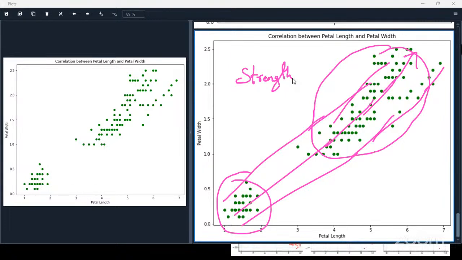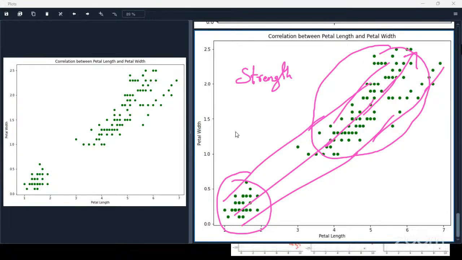What do you see? Okay, moderate is what my friend says. Strong, good. Keep going. Moderate or strong or weak?